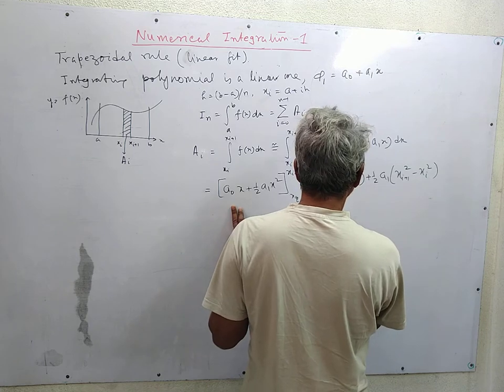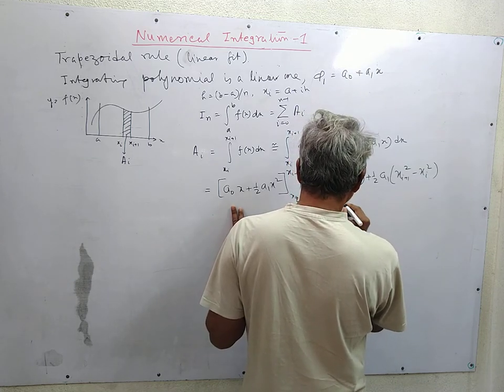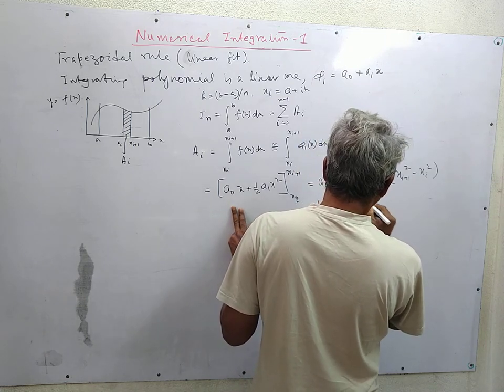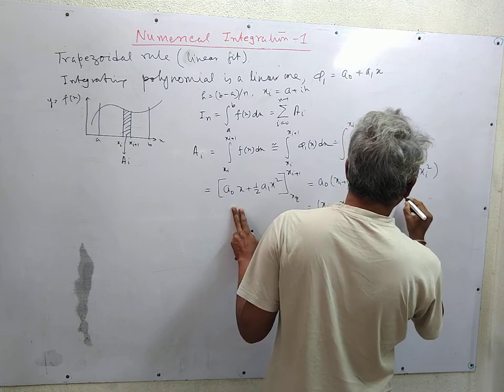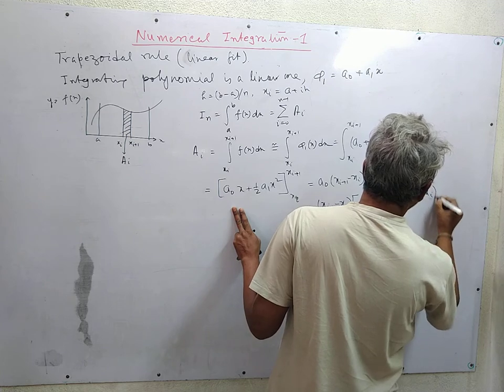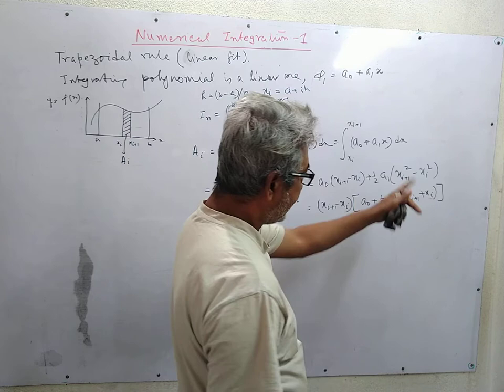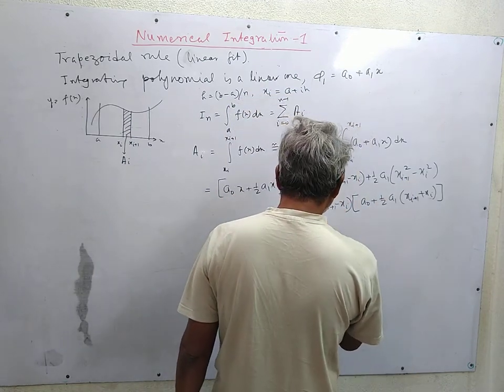This is equal to (xi+1 − xi) times (a0 + half a1 (xi+1 + xi)). Here we have used a² − b² = (a + b)(a − b). Since